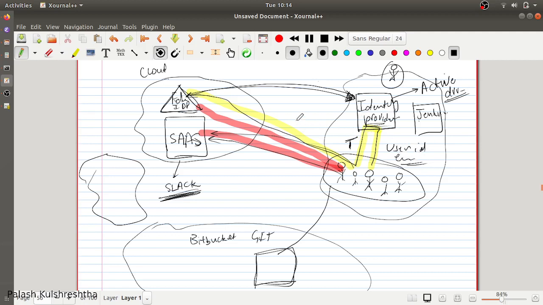Then you were given a token, which you took to Slack's identity provider. Slack's identity provider has your Active Directory listed as a trusted provider. So it checks whether it is a valid token or not. Then it provides its own token, which is colored in red.